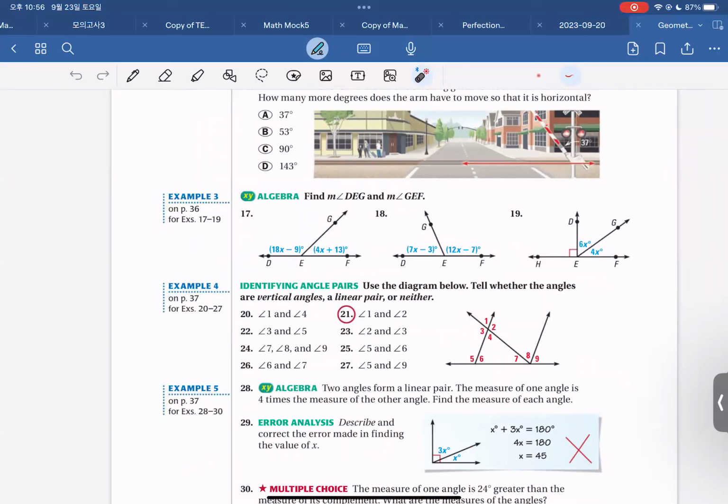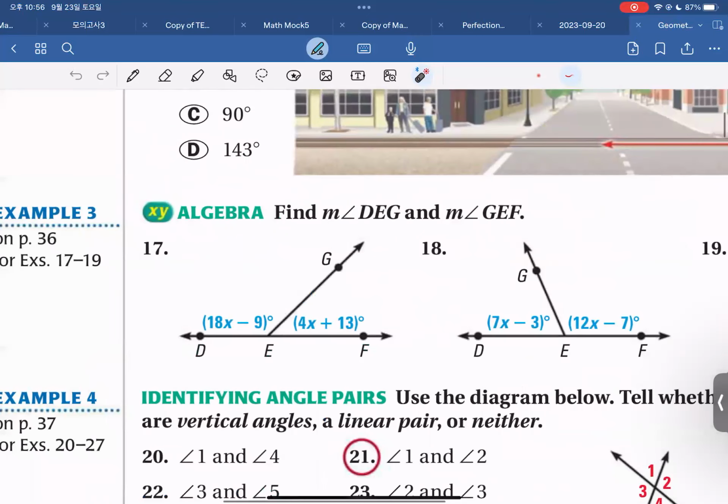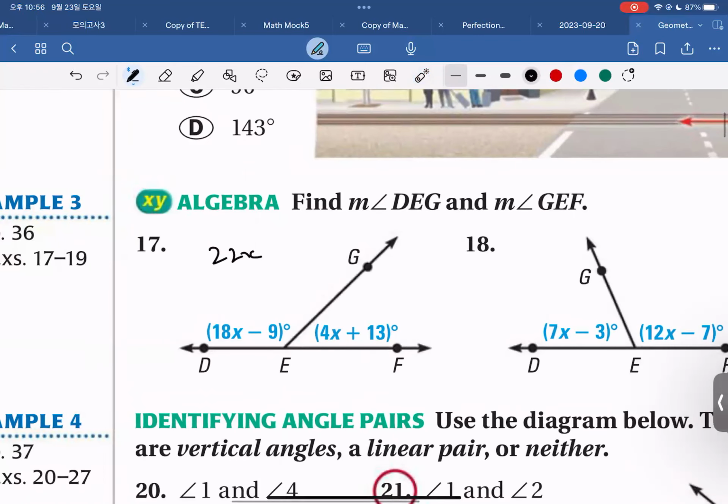Let's look at some quick algebra. Here we're looking at 17: the value of x, measure of angle DEG, and measure of angle GEF. So from here, we know this is a linear pair, which means the total number of degrees is 180 degrees. If you want to solve this, put 22x. Because you know how to solve equations, you can add these, right? 22x minus 4 would be equal to 180 degrees. If you solve this, I think we can tell that 184 divided by 22 is,